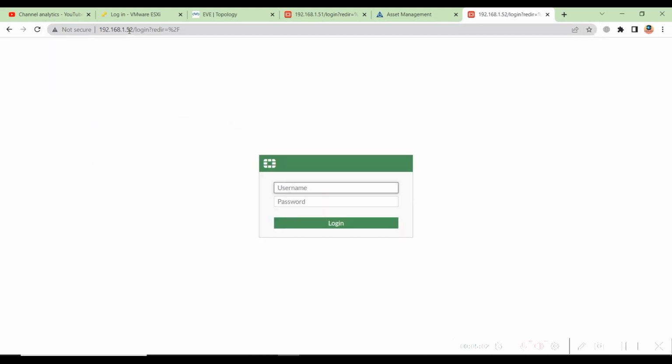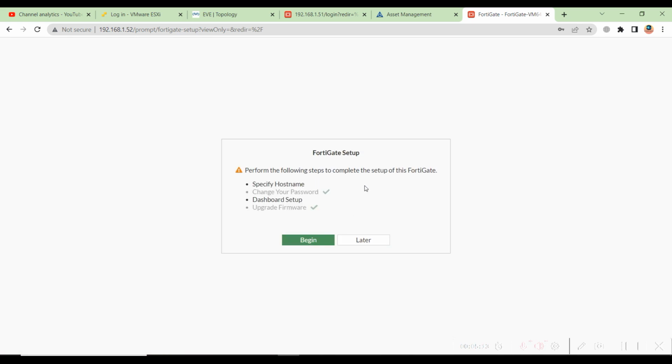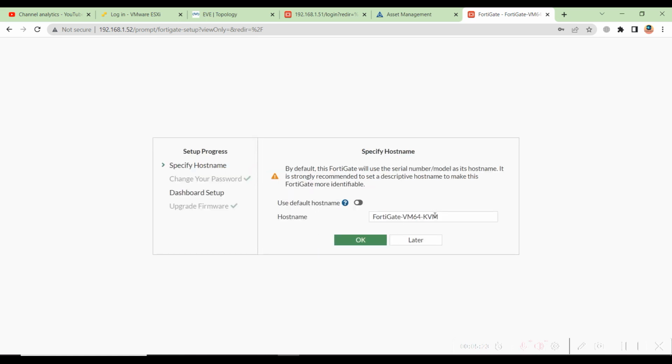Now that I have the HTTP enabled, we will be able to access. Now I log in with admin and 123, and now the difference is that it is not asking to activate the eval license because it is by default. So you can just start the Fortigate setup with begin,